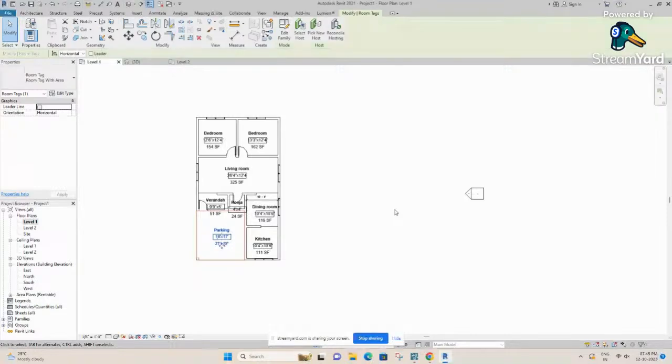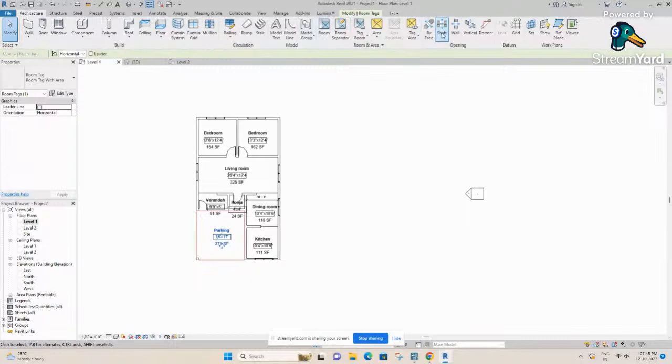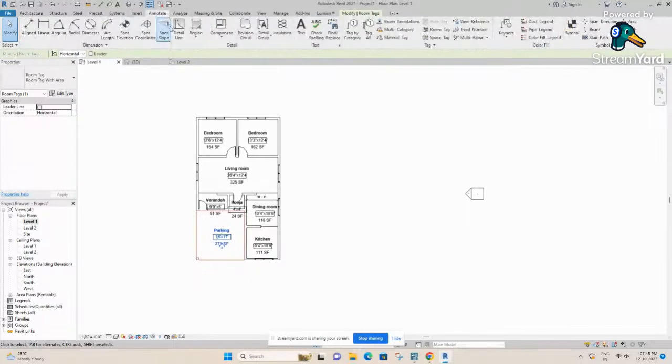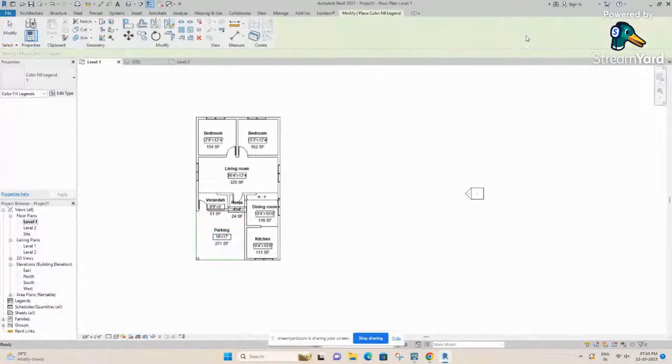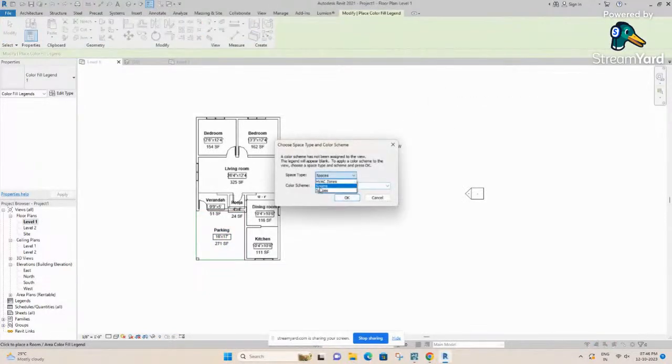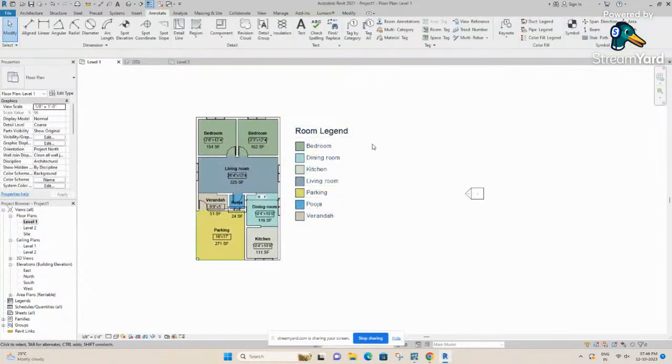The same can be used for giving colors to each of these rooms. I click on annotate. I have an option called color fill legend. I click somewhere. You need to select rooms. After that, you need to select name. Click on OK. And you can see the complete